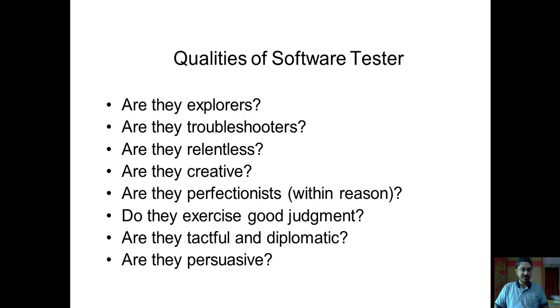The next quality of a software tester is that they should be tactful and diplomatic. This is a really very important quality that every software tester should possess. Being tactful and diplomatic means, suppose I got a bug in the software, you shouldn't be rude with your developer, saying this is a bug and now you have to fix it. But diplomatically and tactfully you have to convince your developer that this is a bug and this needs to be fixed. We cannot let it go like this into the last phase of the software. That is where the diplomatic skill will come into play.